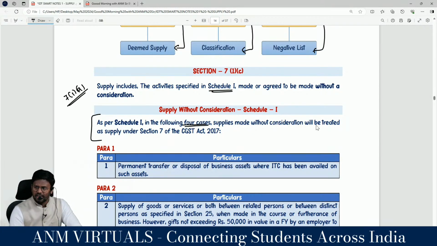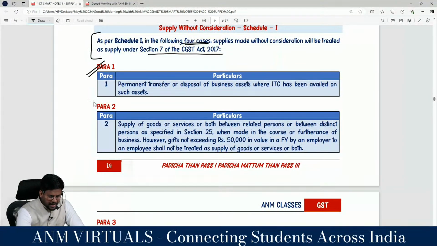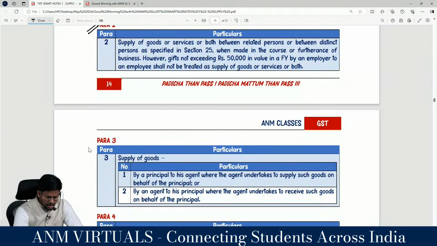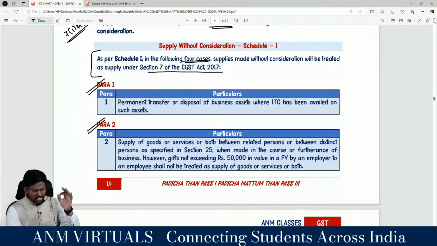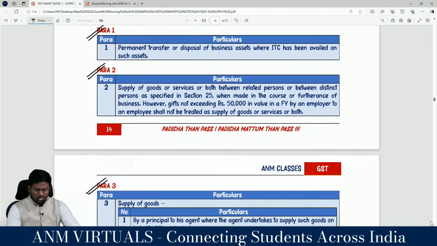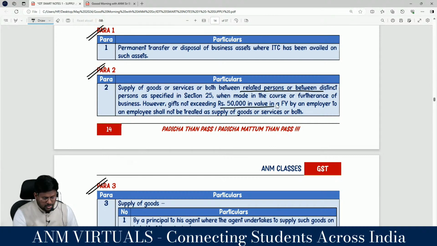So as per Schedule 1, in the following cases, supply made without consideration will be treated as supply under section 7 of the CGST Act. So those 4 things are para 1, para 2, para 3, para 4. There are 4 paras. Yes, sir. Sir, what with regard to para 1, my dear lovable students? Permanent transfer or disposal of business asset where ITC has been availed. Supply of goods or services or both between related persons or distinct persons as specified in section 25 when made in the course or furtherance of business, correct? However, gift not exceeding how much? 50,000 in value in a year